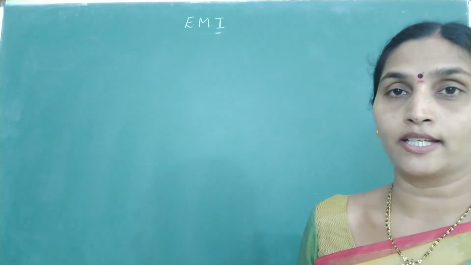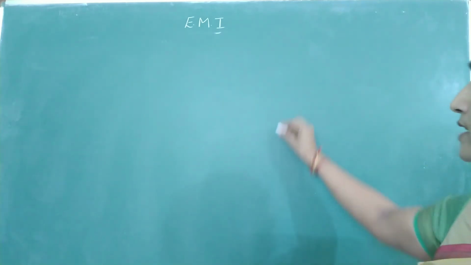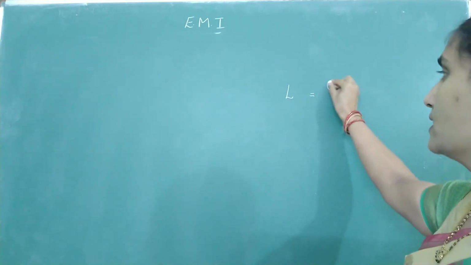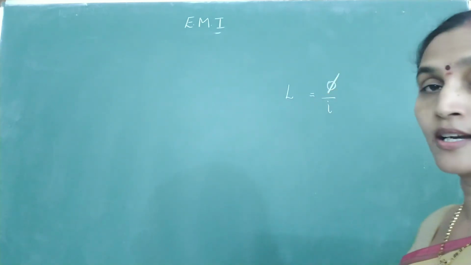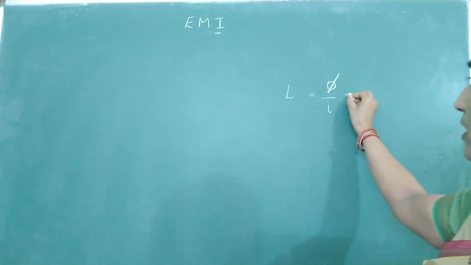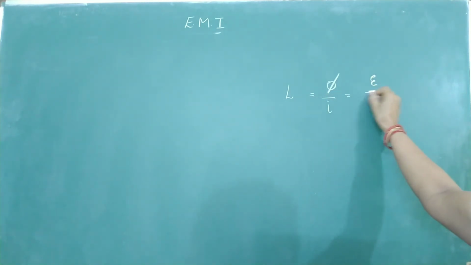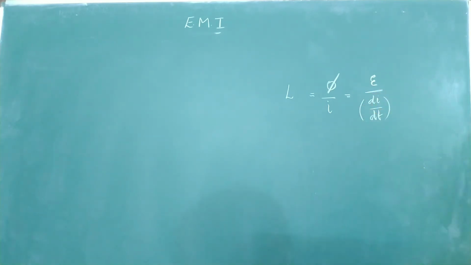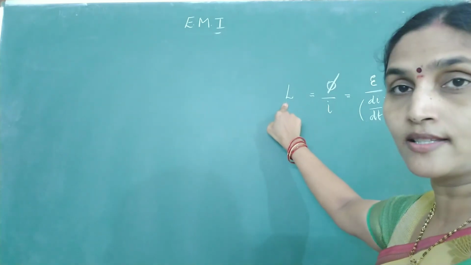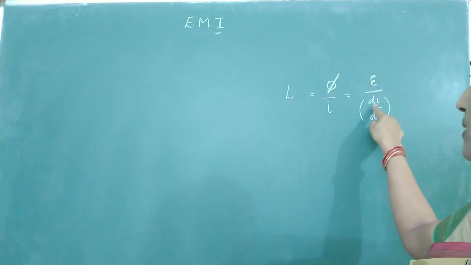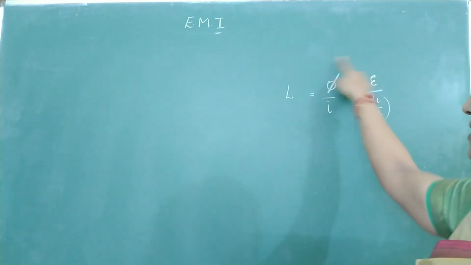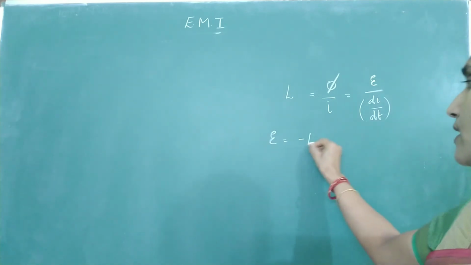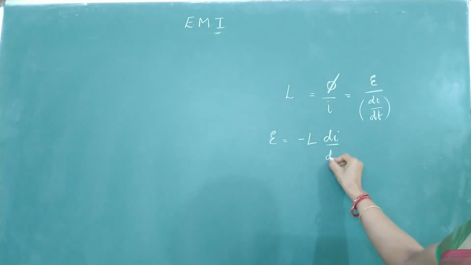Related to self and mutual inductance. Okay, how do we define the self inductance of a coil? Self inductance you can define in two ways. It is the flux linked per unit current in the primary or in the same coil, or you can also write it as the induced EMF when rate of change of current in the coil is unity. Okay, two ways of defining self inductance, either phi by I or EMF divided by di by dt. From this relation you can write induced EMF as, minus sign according to Lenz's law, L into di divided by dt.